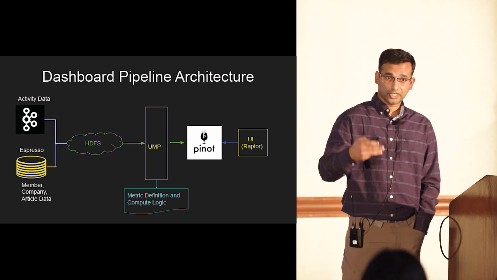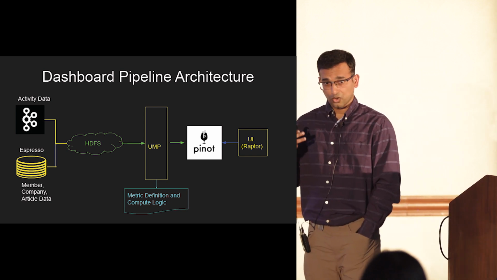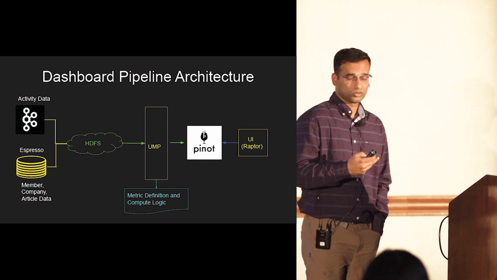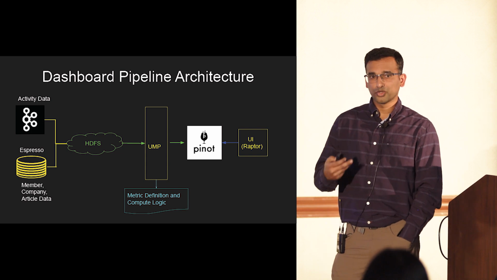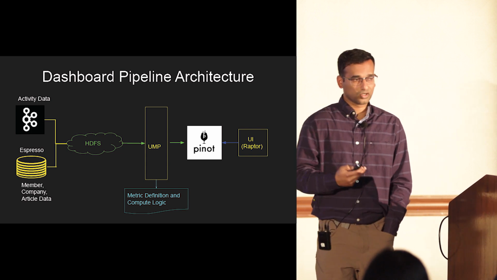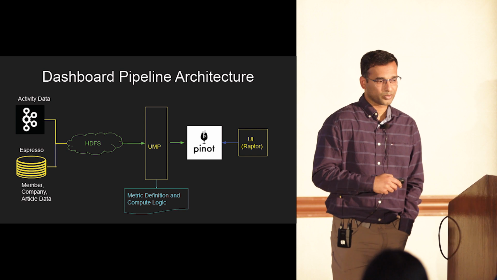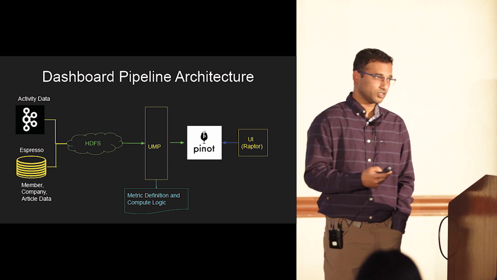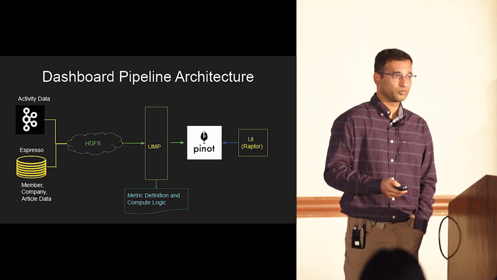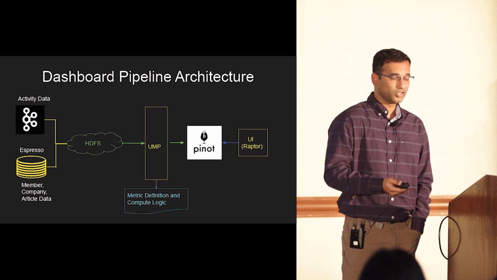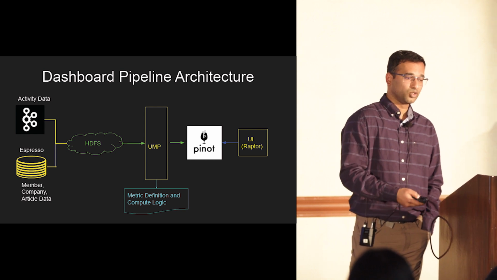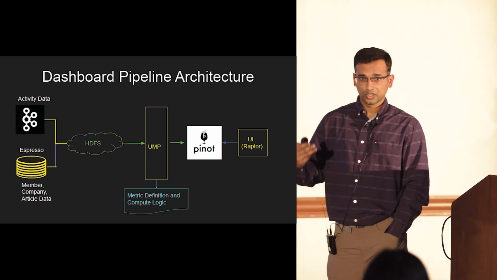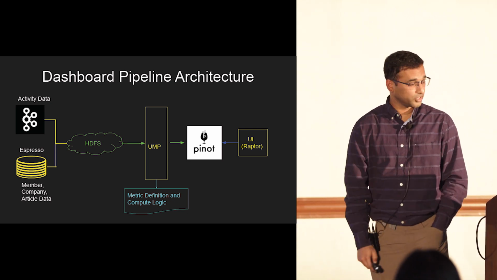You say what all the dimensions are that you need in this metric, how often it should be computed, and what the retention is, all those things. And then UMP simply computes all these things on a daily basis or on a regular basis and then pushes it into Pinot. And then you have the UI on top of it. So the previous screens that I showed you, all the data is coming from Pinot, computed in UMP, stored in Pinot, and then Raptor is the UI where you saw the dashboards.